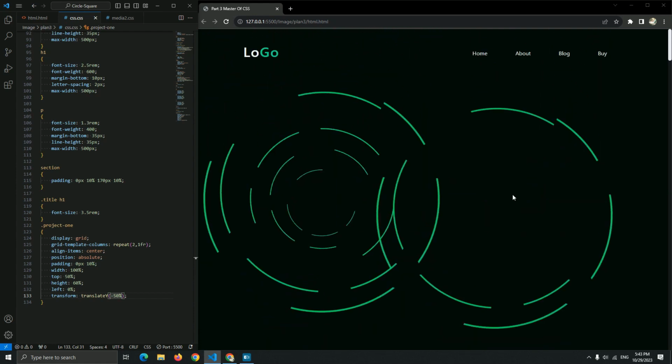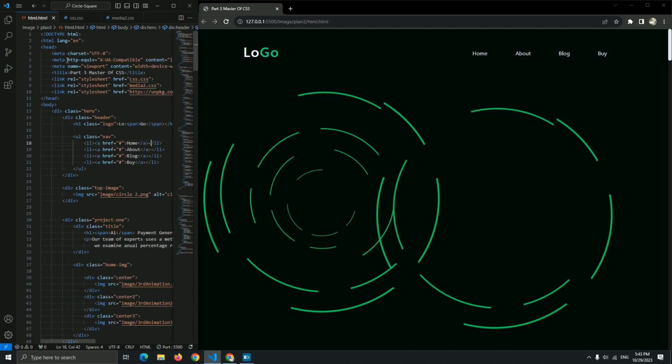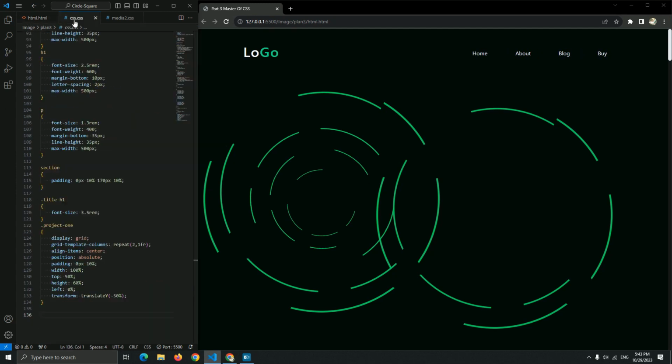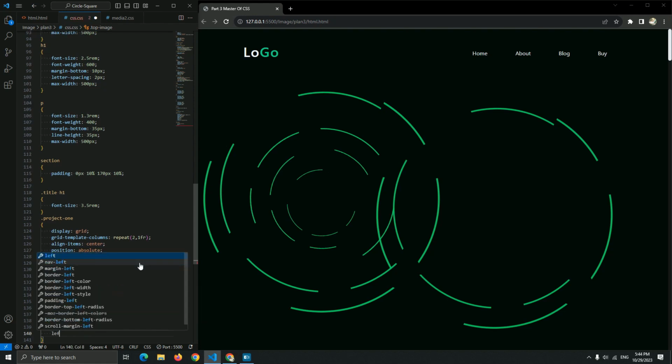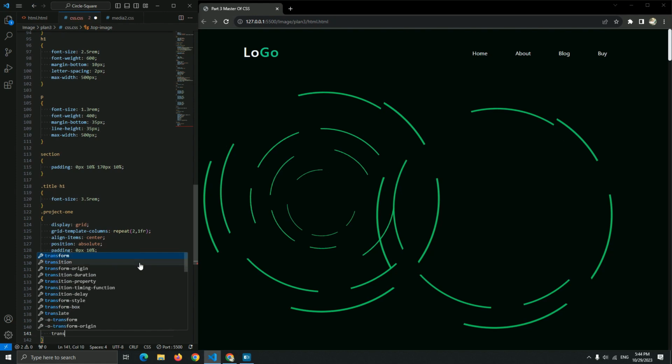When I resize the image, it will be fixed. But yeah, let me resize this image to be on top of this header with a logo. So the top image, I think we call it top image. Yes, top image. So the top image, and let me add the position absolute, and let me add the top 5% and the left 70%.